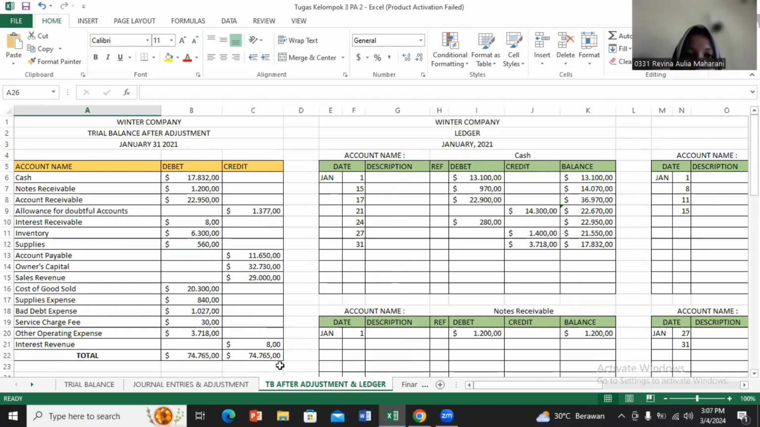Okay, thank you so much, Jill. So I will show you the ledger after journal entries. After we post journal entries in the ledger step by step on each account, we got the trial balance after adjustment. So the company trial balance after adjustment, January 31, 2021. Account name first, cash in debit